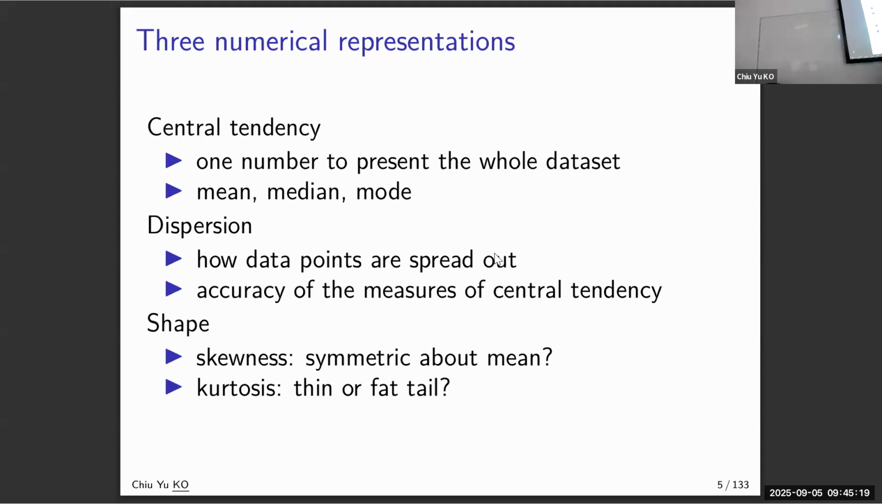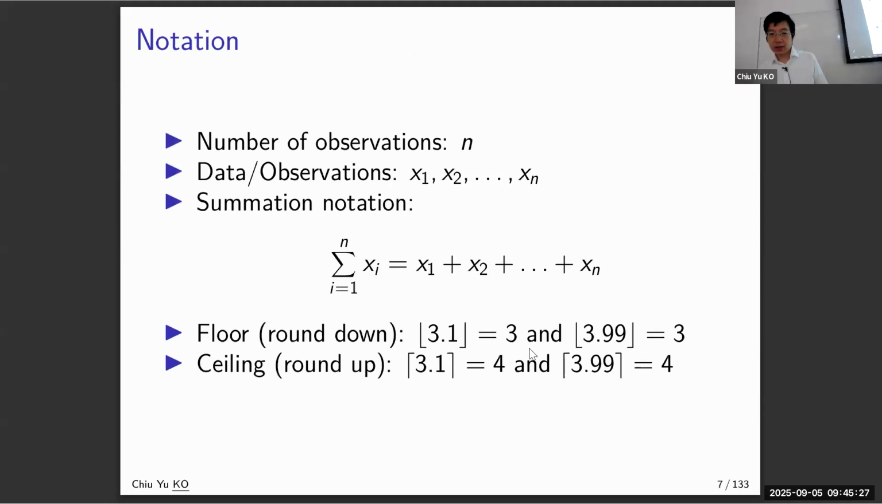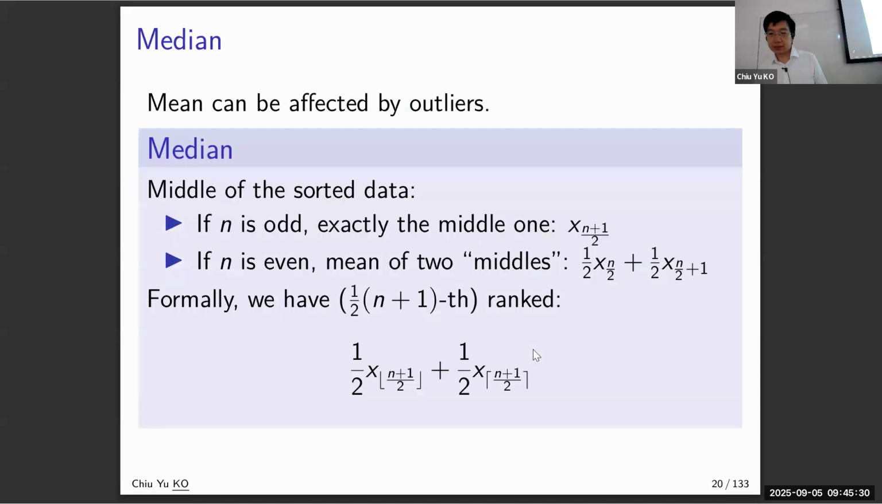And then we go to the shape. We talk about skewness, which is how symmetric they are, and kurtosis, how thin. But we'll talk about this probably after the break. So let's go ahead and talk about the